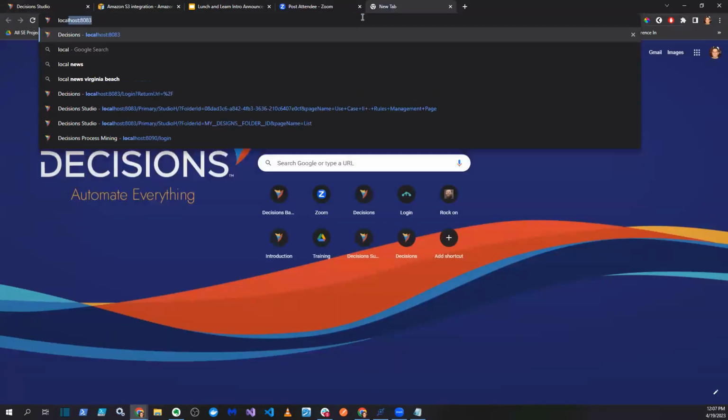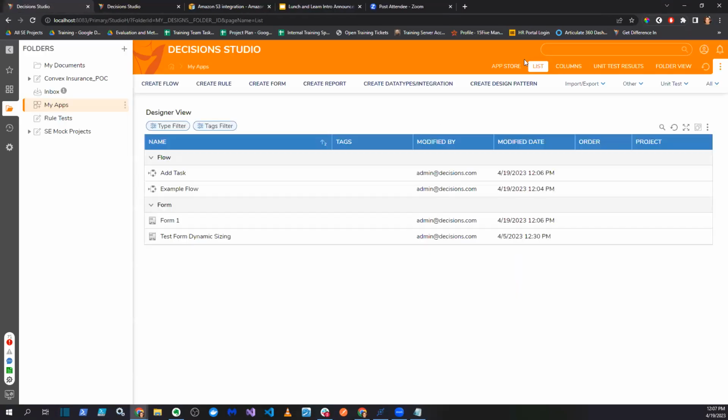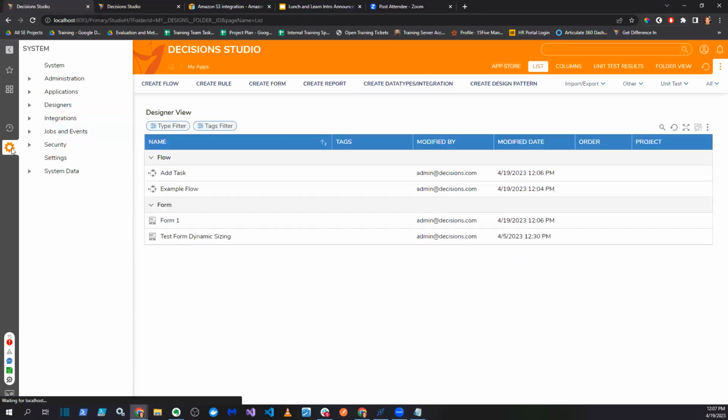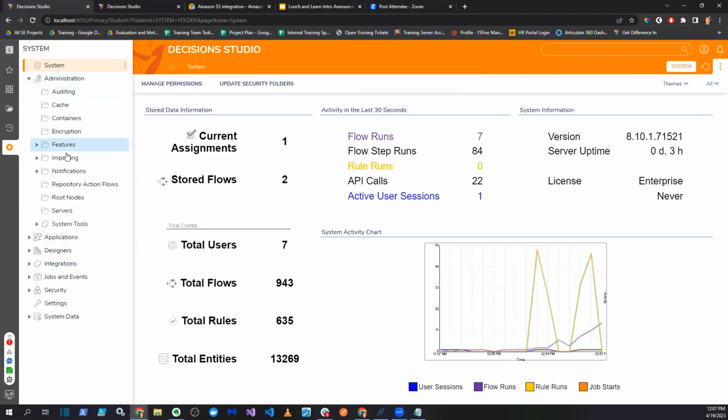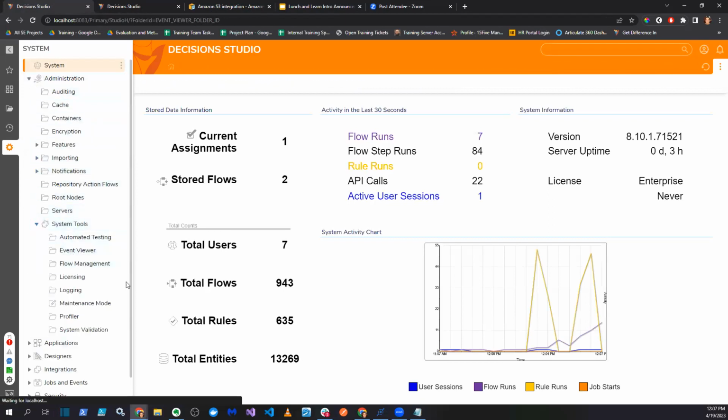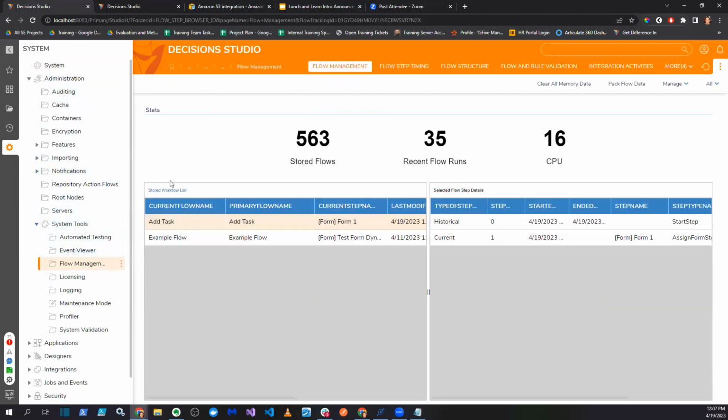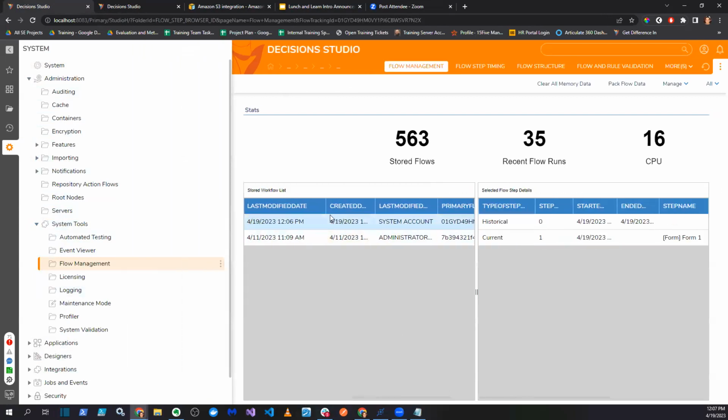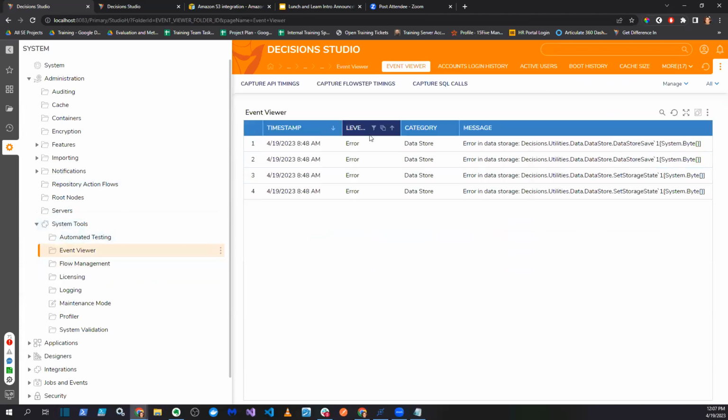tab, my local. I'm wondering where this information is found because I know if we go into settings, administration, system tools, and event viewer, or actually flow management, there should be primary, yes, so primary tracking. Okay, so that's here in flow management. But what's in event viewer? I thought there was a